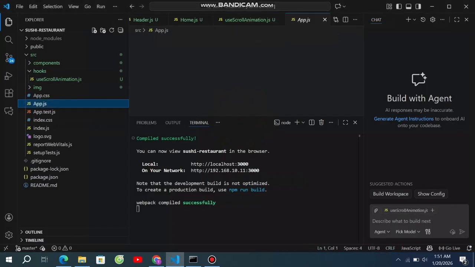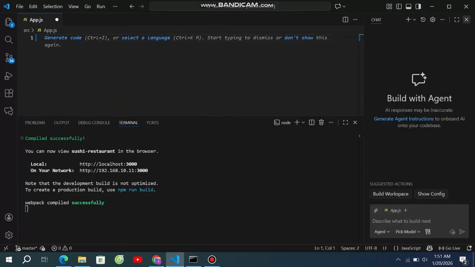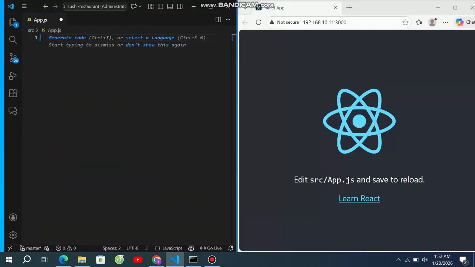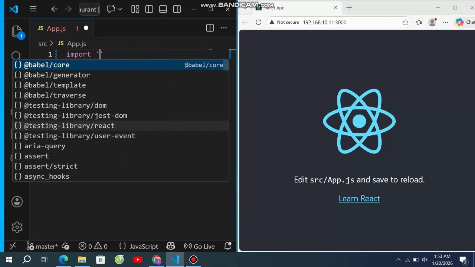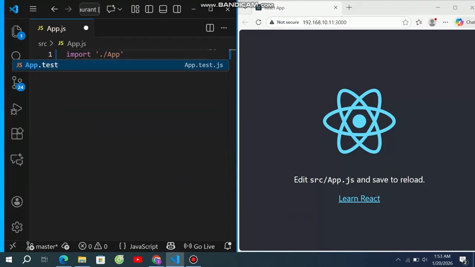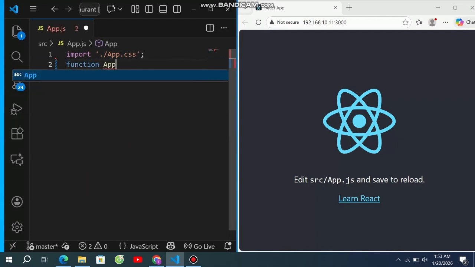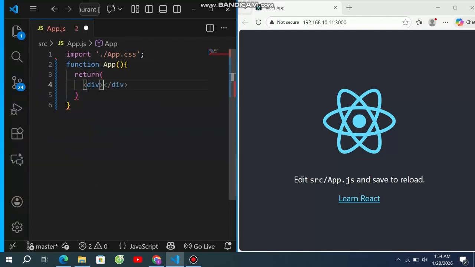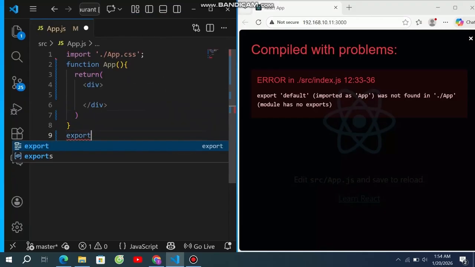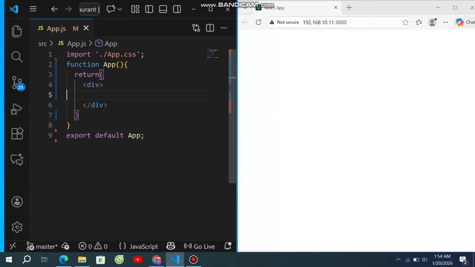Now go to app.js file, select all. Now first we import app.css. After that we create a function with the name App and inside this we use a return statement. In this we create a container with div. Now we export this function. Now in this header.js file,